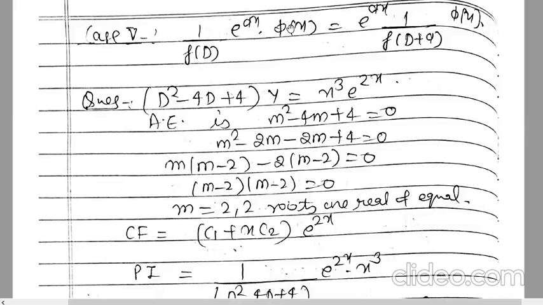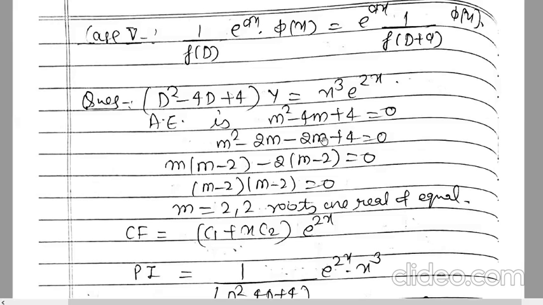If your right hand side is given in the form e to the power ax into phi x, there are two functions here. So what will you do? If the exponential is given alone, then you replace D by a, but there is another function in multiplication, phi x. So you will replace D by D plus a, and your e to the power ax will be outside. D is replaced by D plus a in phi x. Your phi x may be sin x, cos x, or x square, whatever, so it only depends on phi x.